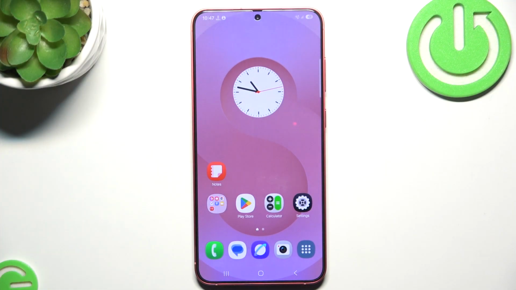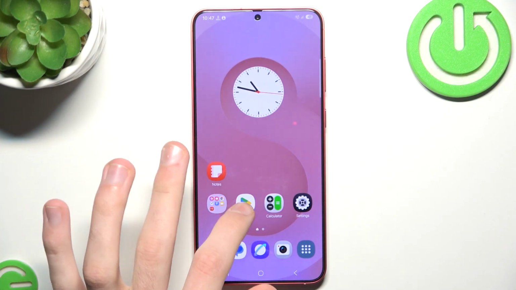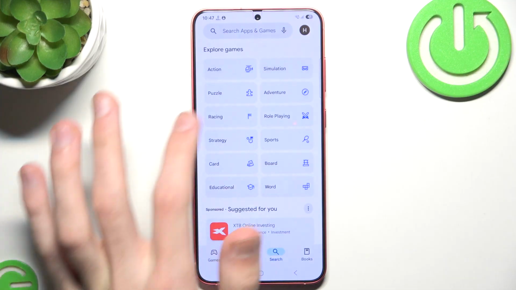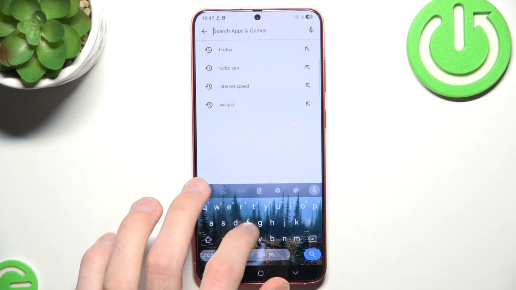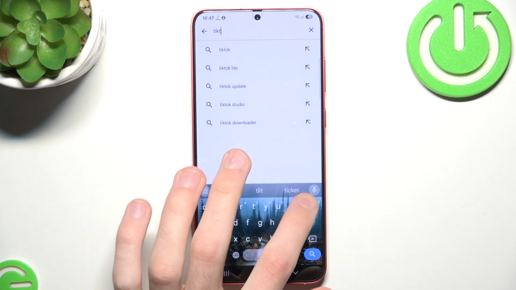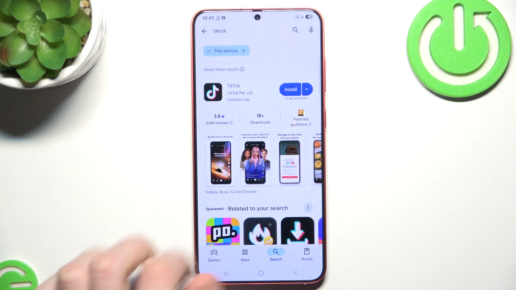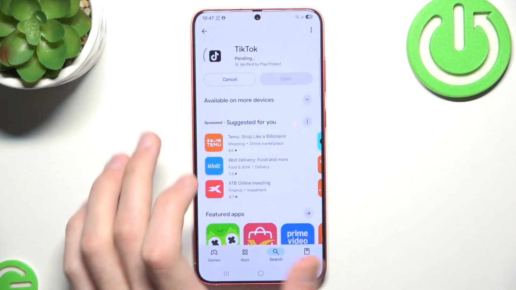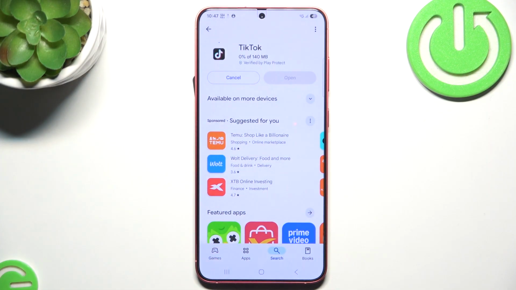Now, in order to actually get those wallpapers, we need to make sure that we have TikTok. So, we'll be searching for TikTok. And if you don't have it installed, you simply click install. And after it's done, though it will probably take a while, since the Wi-Fi is, maybe it will be shorter than I think. And then after you download the TikTok, you don't have to log in, as you can basically